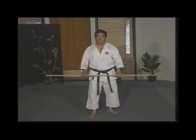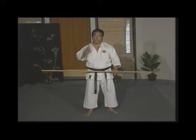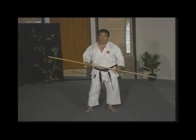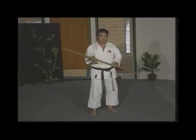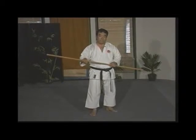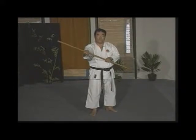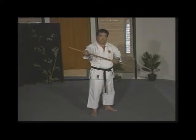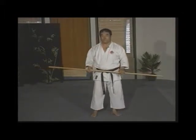Also, next one called tsuki. Tsuki is very important in karate. Tsuki is very important for training. It's a thrust. Two types of thrust. One, just use your hand. Next one called nukizuki, which is using this movement. First,